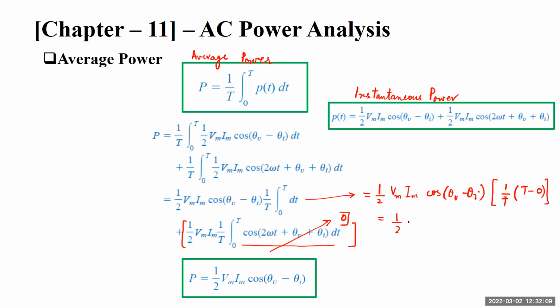So eventually this comes out to be Vm Im cos of theta v minus theta I. This can be called our average power, and this is the same as this thing. So we can say that the average power for a circuit is given as this portion of the